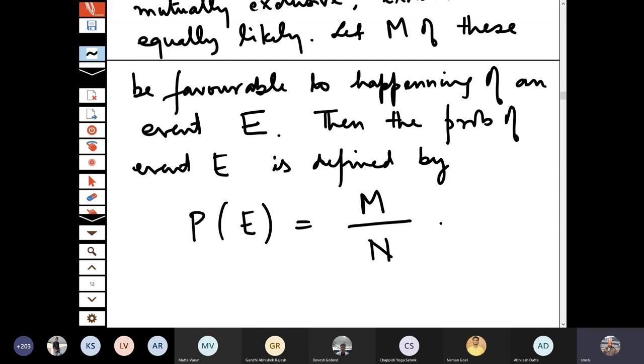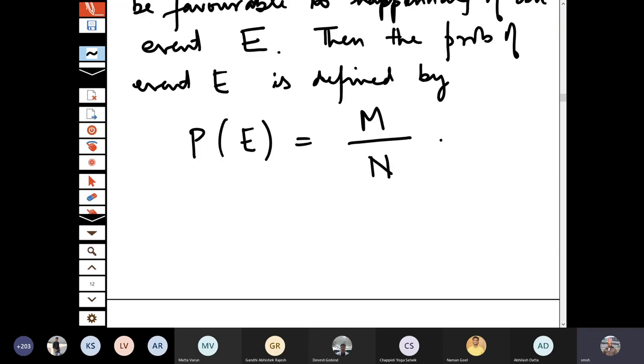The purpose of giving this definition is not just to tell you this method. The problem is that this method is not enough to solve almost every problem which appears in real life. So if somebody is infected with a disease and I ask, what is the probability that he will recover? You cannot answer this question from this one. Suppose I say I got a fever and what is the probability that I will recover in 3 days? This question cannot be answered using this definition.